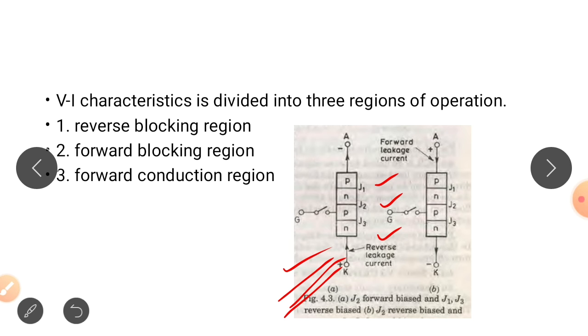A small amount of leakage current, which is of the order of a few milliampere or few microampere, flows through the device. Okay, so this is the reverse blocking mode, or it is also called the off state of the SCR. This plus and this minus is the reverse voltage for SCR. If this reverse voltage is increased, then at a critical breakdown level called reverse breakdown voltage, that is VBR,